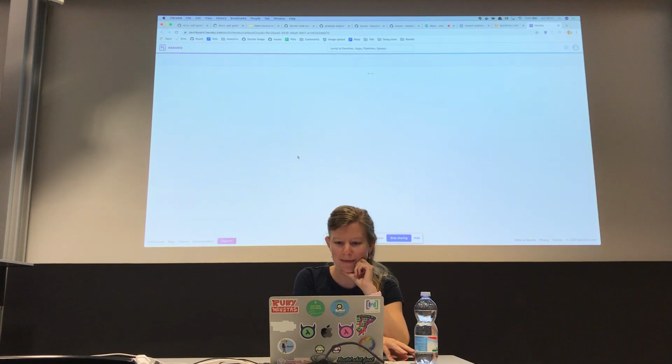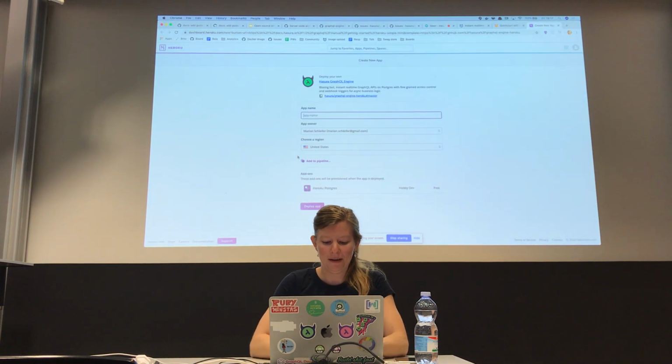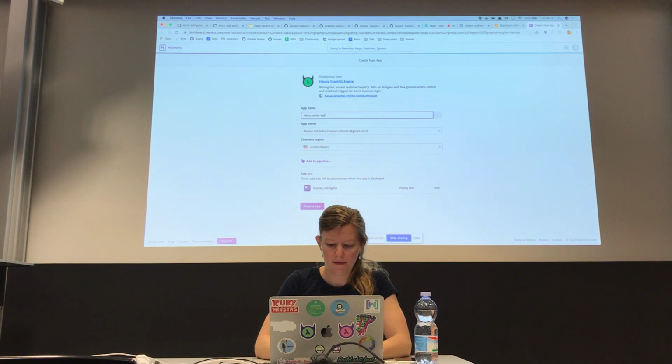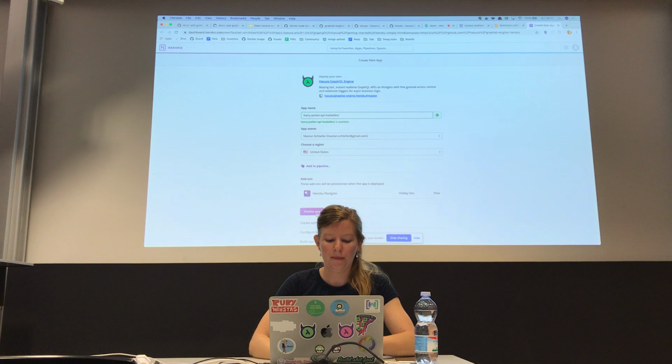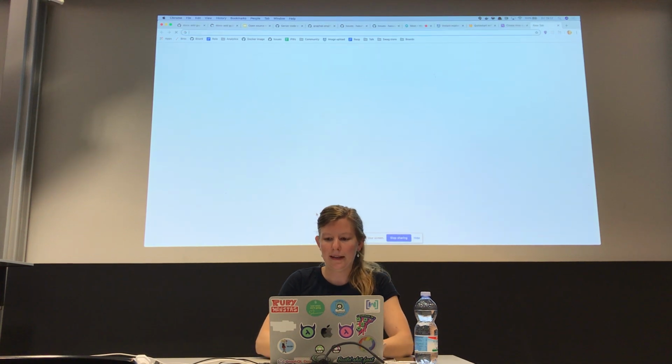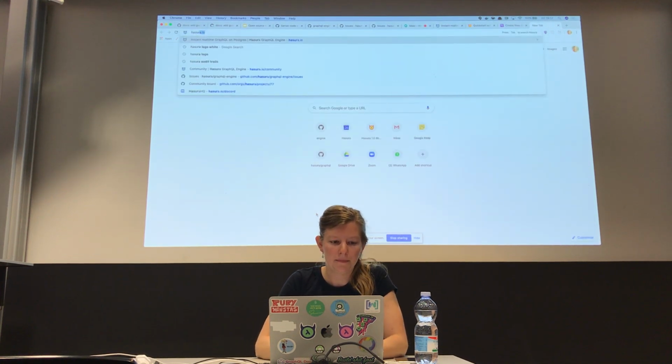I hope my hotspot is fast enough. Okay, so let's say the name has to be unique. So it's green, which is fine, so we can deploy the app. And this takes like 10 seconds, so in the meantime,